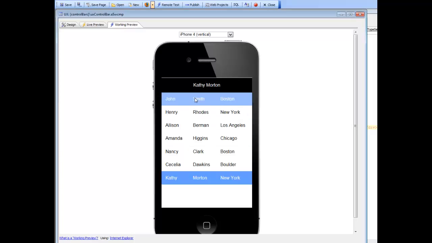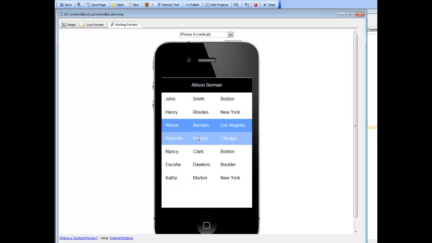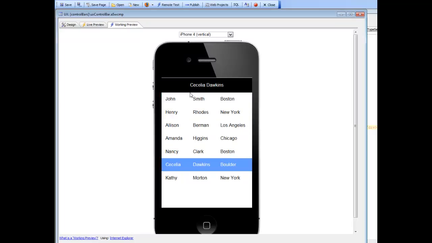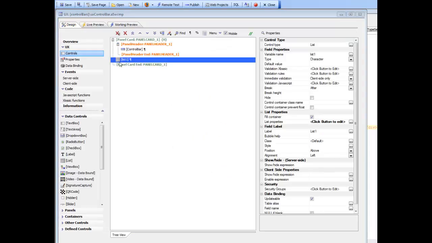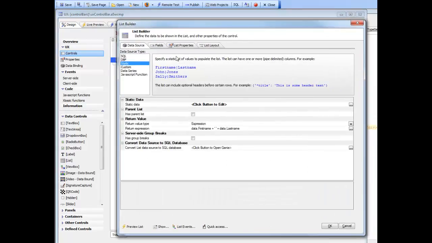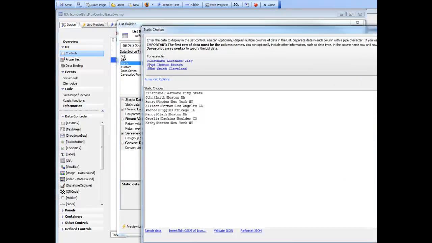So you can see now if I click on a different row, the control bar title here is updating. So let's go now and see how we did that. Let's go back to design mode right now, and first of all let's take a look at our list over here. So we have a static list over here, and the list has this data in it,